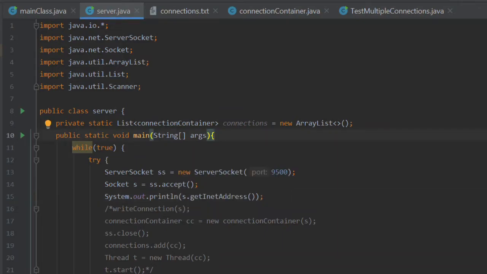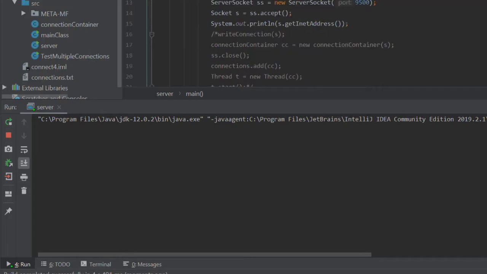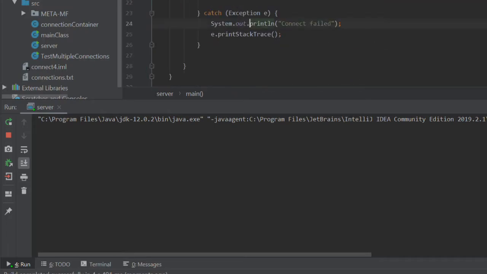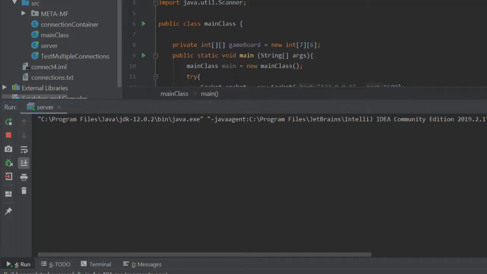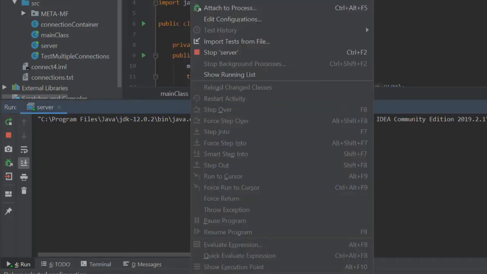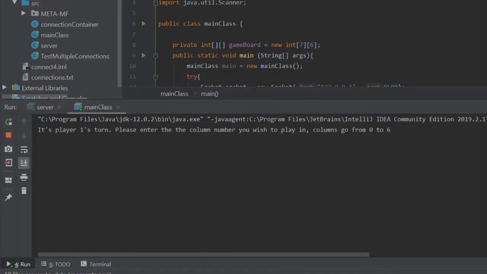I'm going to need to switch to displays. Okay, so the server's up and running. Nothing's happened yet because no connections have been made. You'll notice this catch statement hasn't been triggered yet. What's happening is that it's just waiting on this line for a connection to be made on port 9500. We're then going to make a connection by running the main class, which is our client program. If I run this,